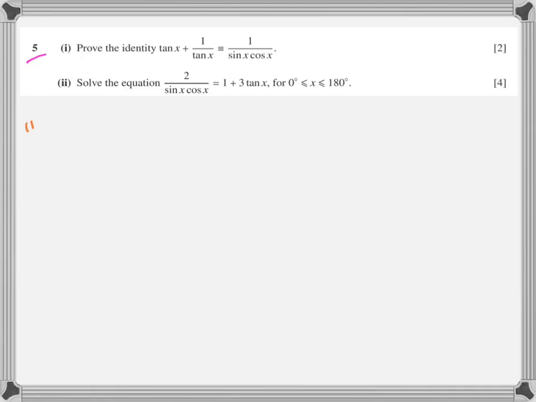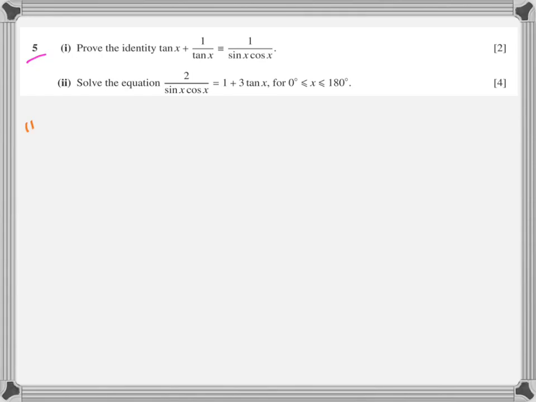Next question, trigonometry question. First one is proving the identity. What is the logic that you have in mind in order to prove an identity? First of all, P1 is very, very simple. The only identity that you deal with is a square identity, the mother of all identities: sine square theta plus cos square theta equals 1. And of course, you also know that tangent theta is sine over cos.